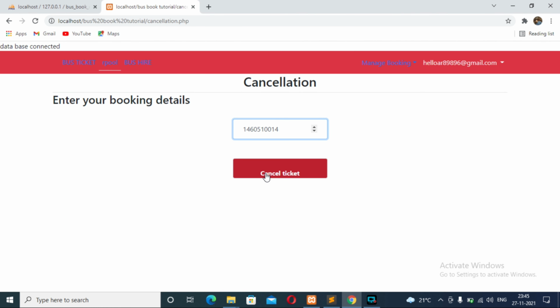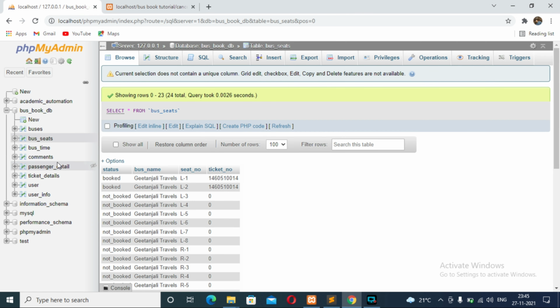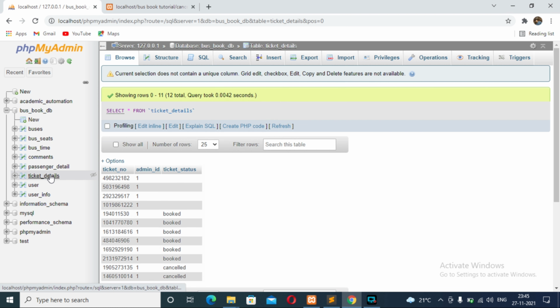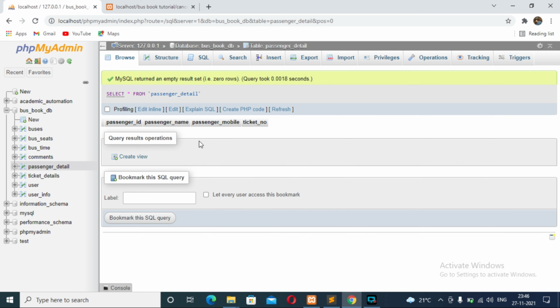After cancelling the ticket, you can see the text seat cancelled is appearing on the screen. Let me check in the ticket details table. Here you can see the status is cancelled, and inside the passenger detail table there is no such record.